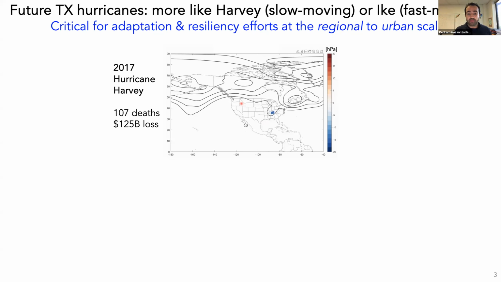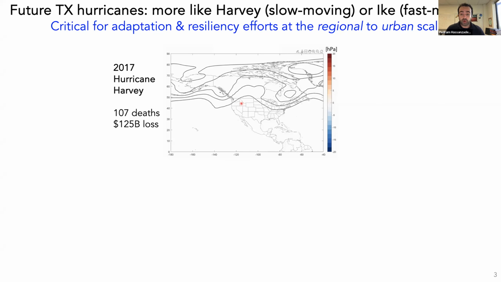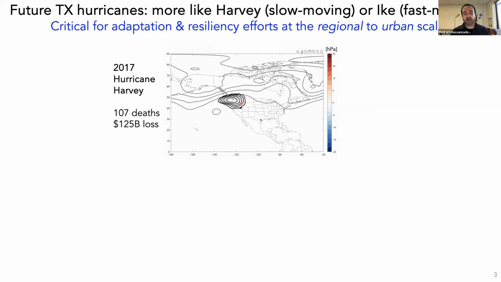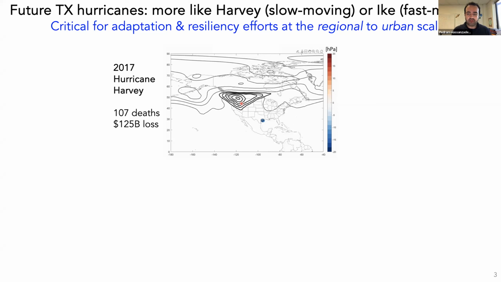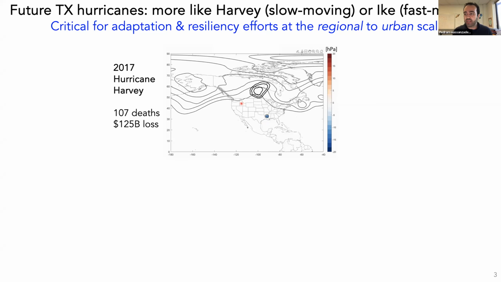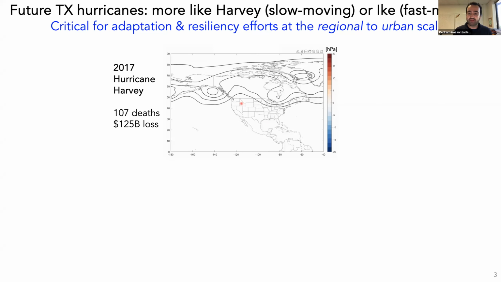Now, Harvey and Ike were both devastating storms for Houston, but they had different characteristics, particularly in terms of how fast they were moving. As a result, the damage that they caused had different sources. So we like to know which type of hurricanes might become more likely in the future so that we can adapt